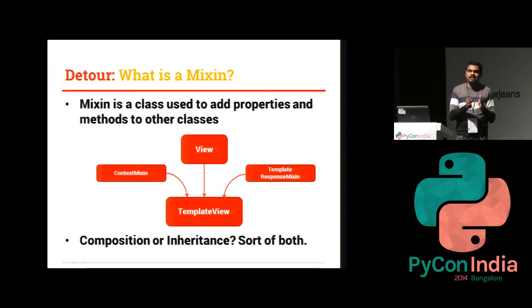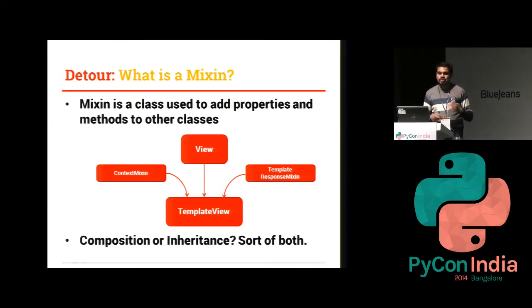mixins are technically inheritance, you actually are able to use the features of composition, because if you look at template view, it's a derived class. It's actually a type of view, but it's also getting all the compositional advantages of aggregating all the methods and attributes into one single class. So it's actually the crisp example of how we can compose as well as inherit without having the disadvantages of